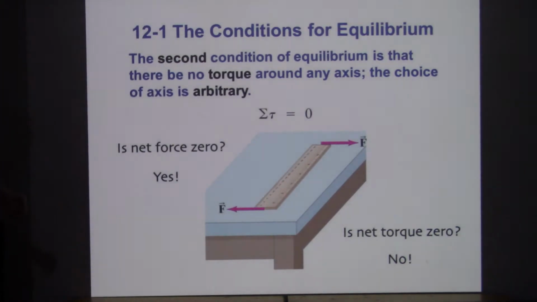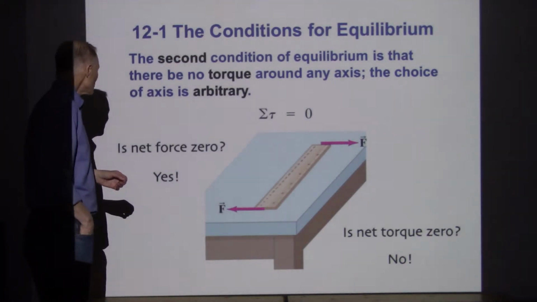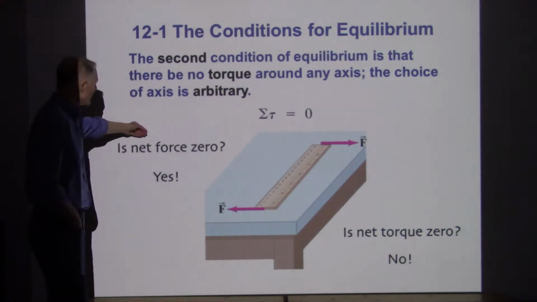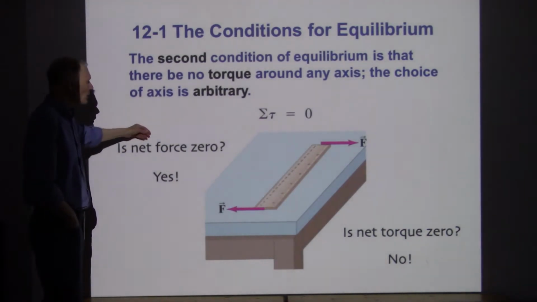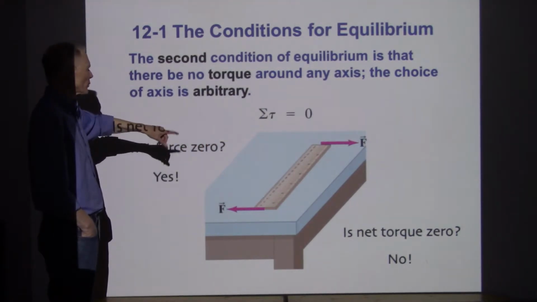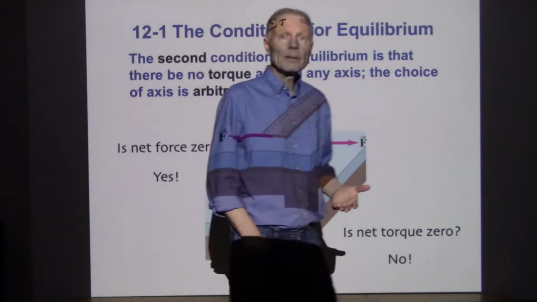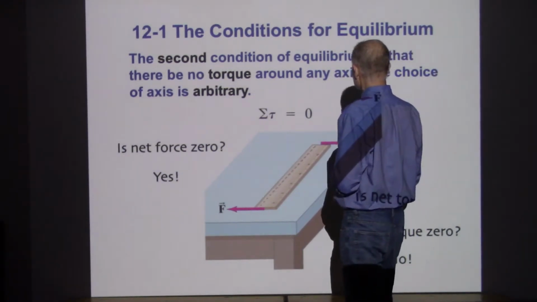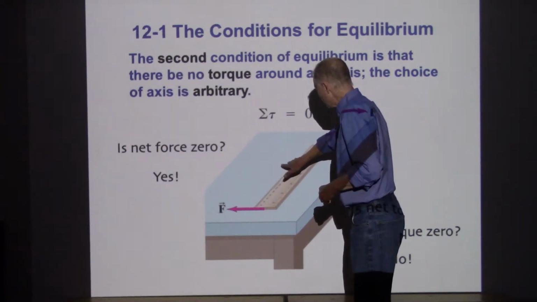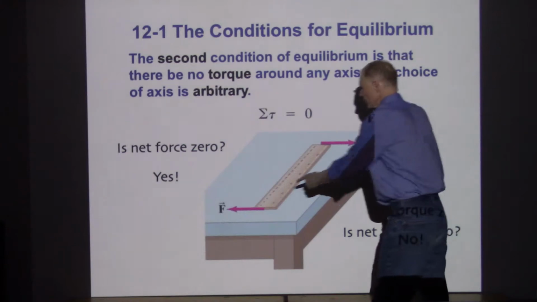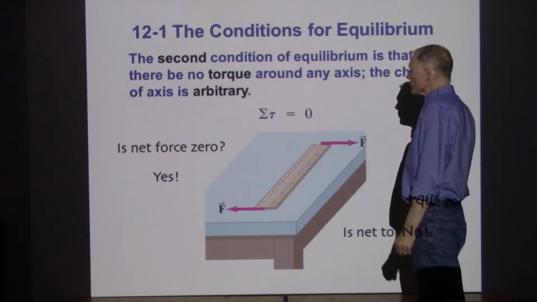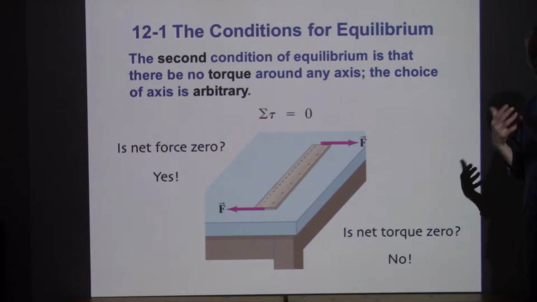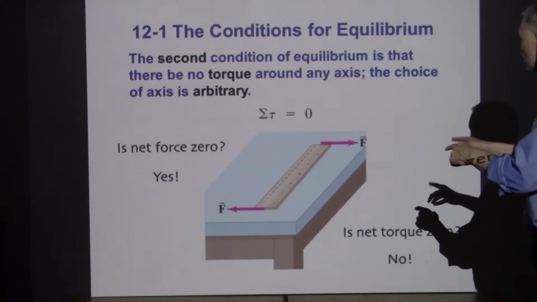There's another condition for equilibrium. It turns out it's not enough to say that the forces are equal to 0. Take a look at this meter stick, or ruler, I guess, that they've placed on this table. And what they're going to do now is spin this ruler on the table by exerting a force here and a force here. Now, since the forces that they've set up are equal in magnitude and opposite in direction, that's a 0 net force. So this meets condition 1,